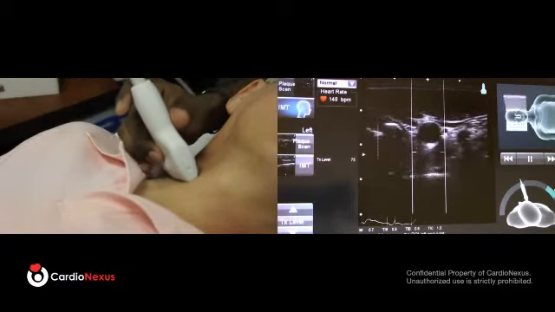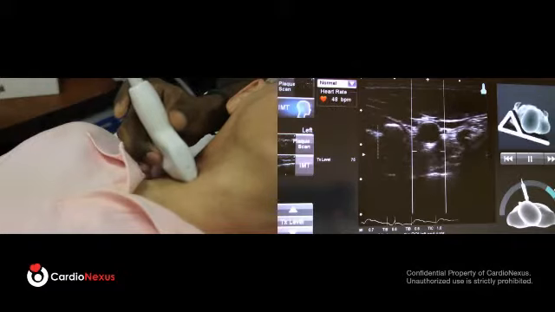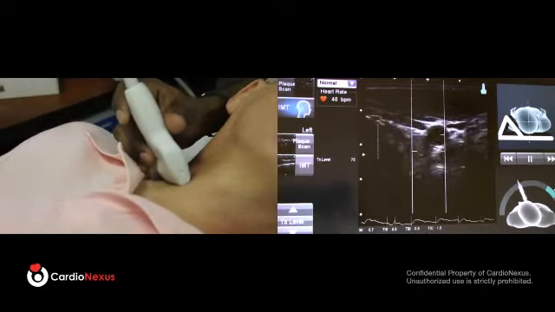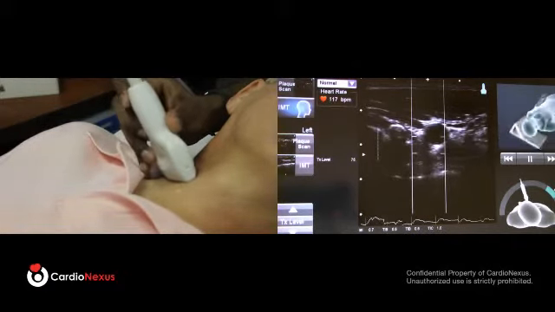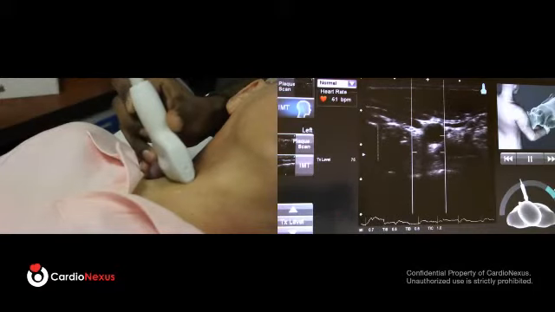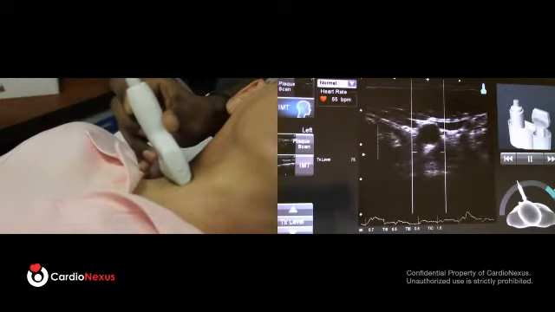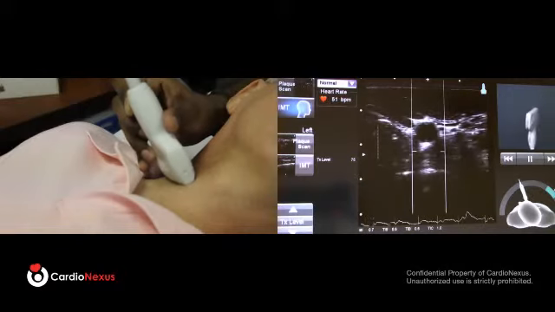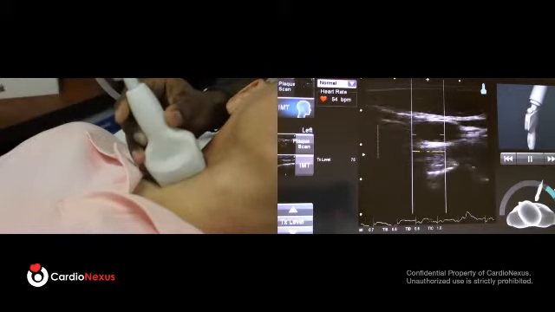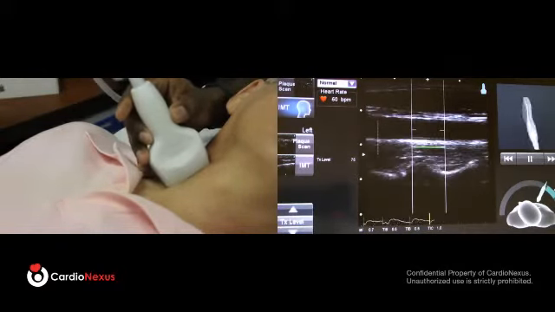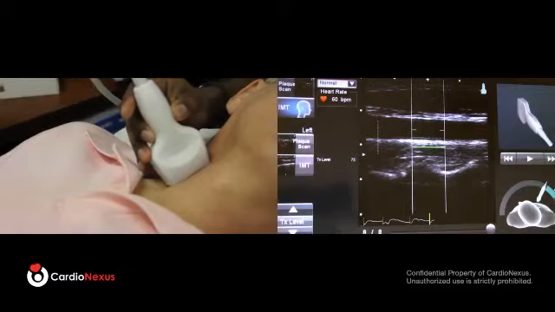Okay, again, the three movements. I've located the carotid artery. It is in the center of the screen. The first movement I make is a rotational movement, so I'm not looking at the ultrasound screen, keeping my eye focused on the patient's neck and the probe. I'm going to rotate the probe more or less 90 degrees so the artery mark aligns with the patient's head. In this case, it's already captured an IMT measurement, so I'm going to unfreeze it, and now